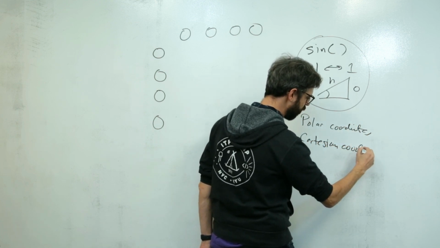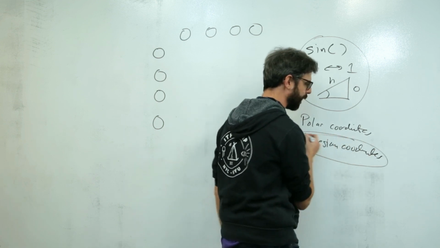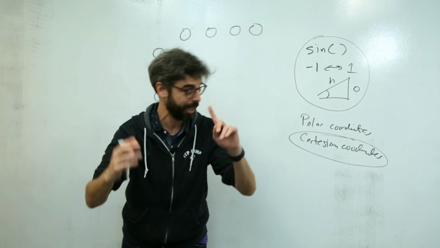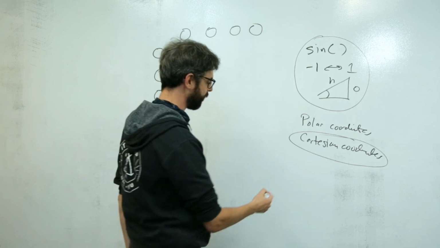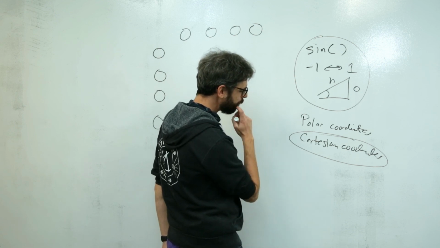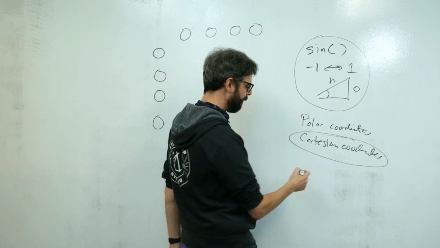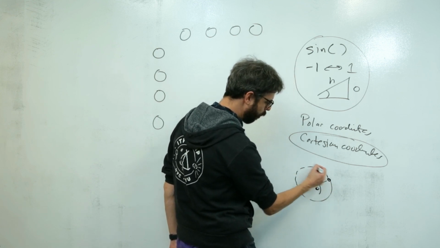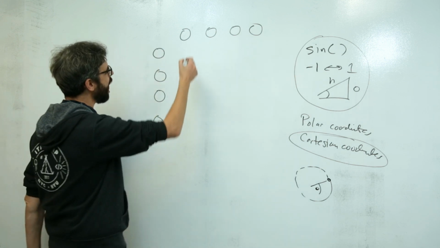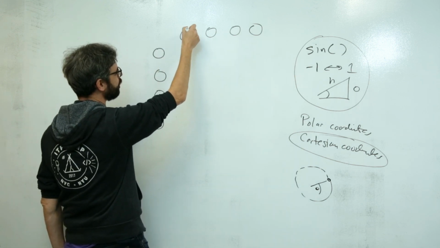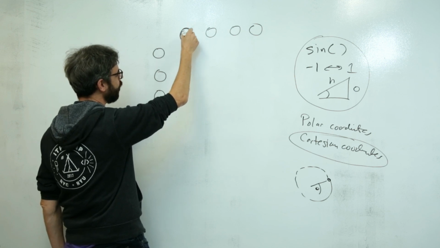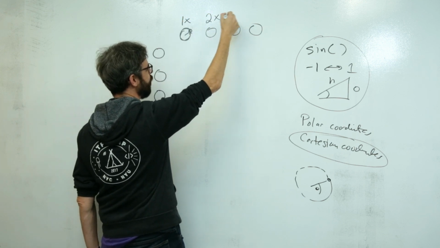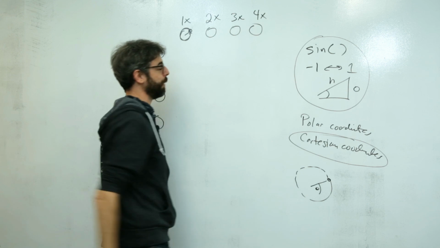These are things that I use in almost all of my videos. Just learning to program in Processing is an exercise in understanding Cartesian coordinate systems, because that's what you're drawing into. But a polar coordinate system is a way of saying, if I have a radius of a circle and an angle, how can I describe a point outside the circle? So if I could figure out what the radius of each one of these circles is, and then have this point travel around it circularly, this would go at 1x speed, this would go at 2x speed, this would go at 3x speed, this would go at 4x speed, integer whole numbers.